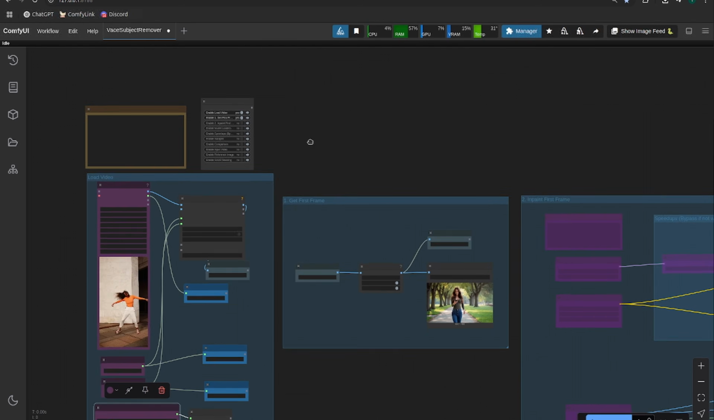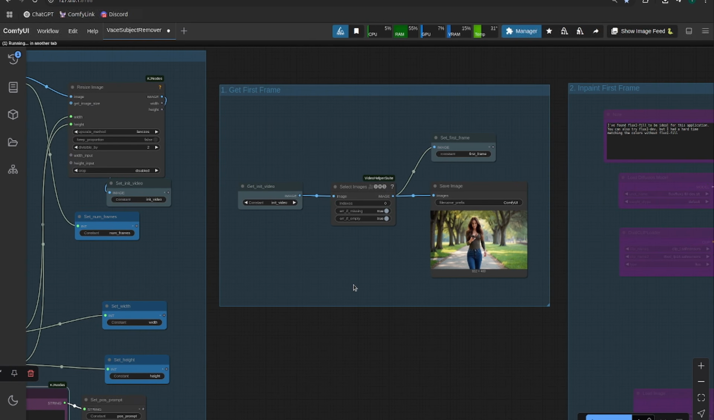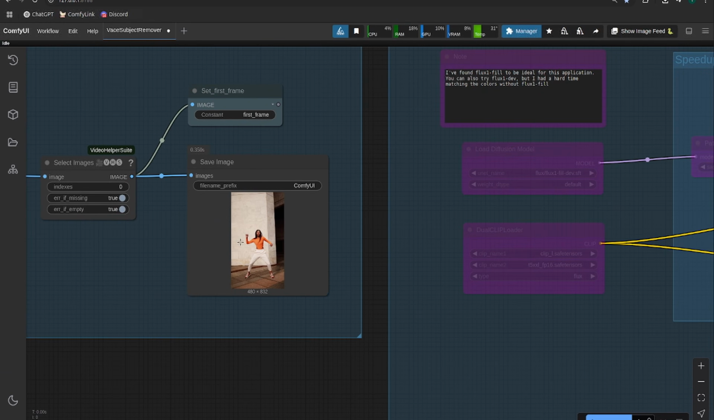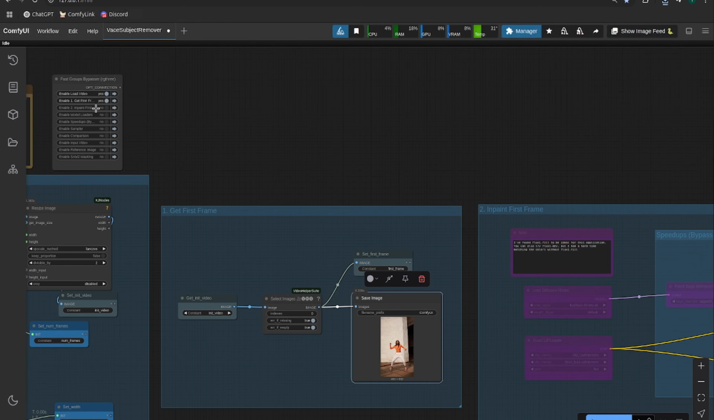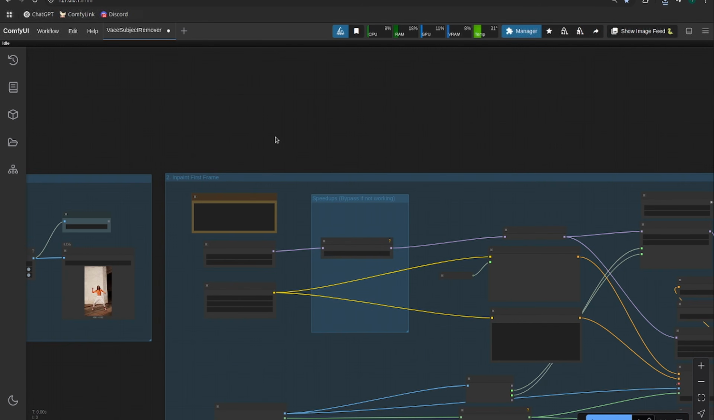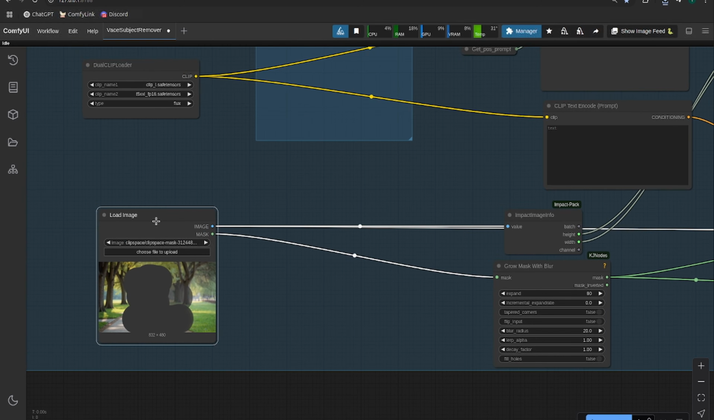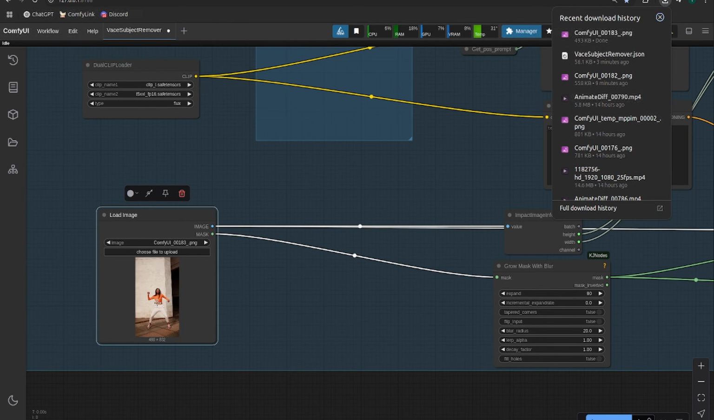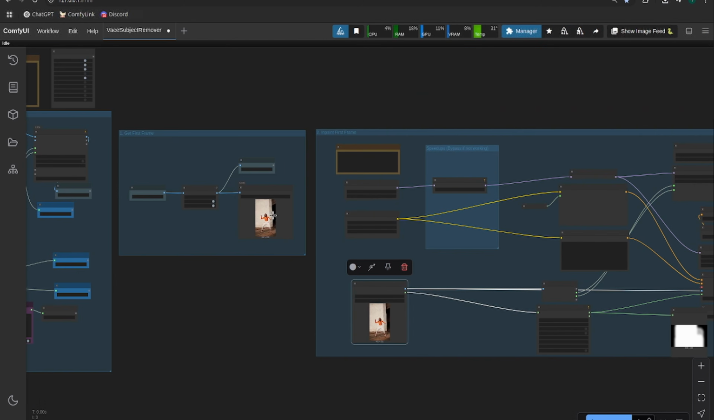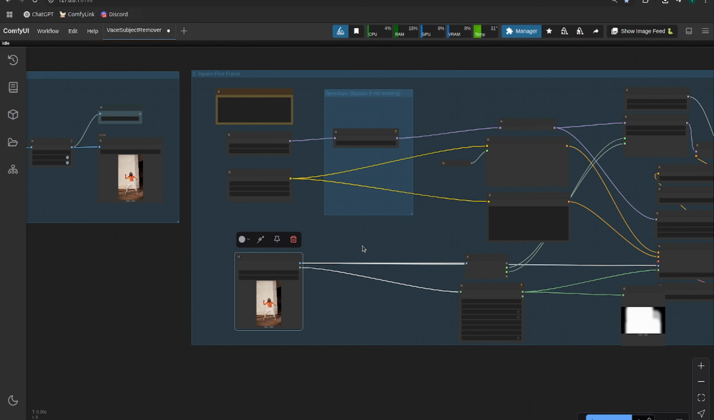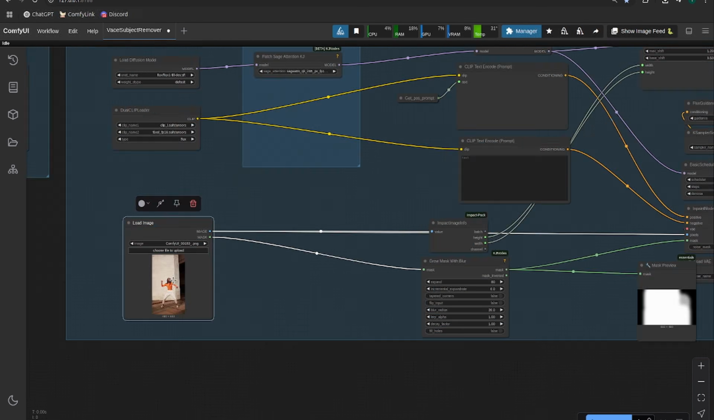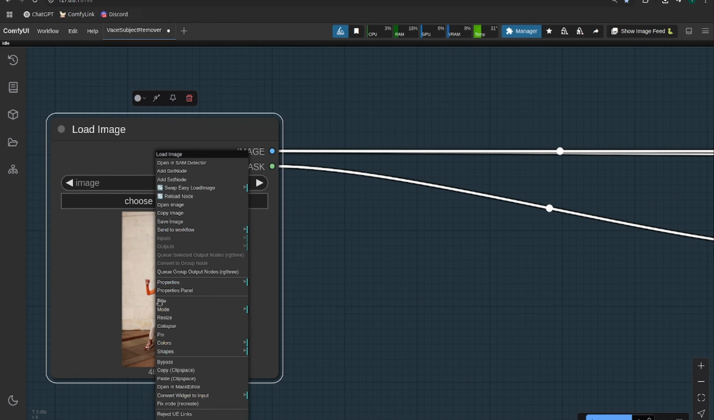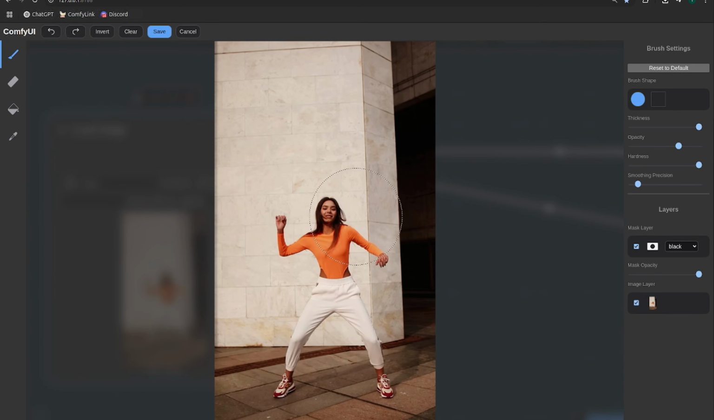Now, all of the other nodes are bypassed. We're just going to get the first frame for now. All right, so we got that first frame, save that off, and then just turn on the inpainting node for now, or the inpainting group, sorry. So we're going to drag in our first frame that we just got from there, and then we're going to use Flux Fill to inpaint this woman out of the first frame. So we'll open in mask editor,